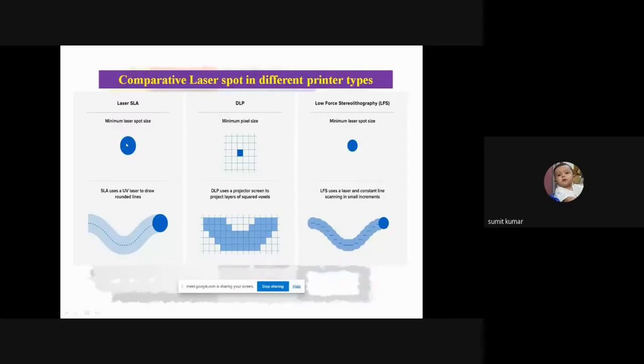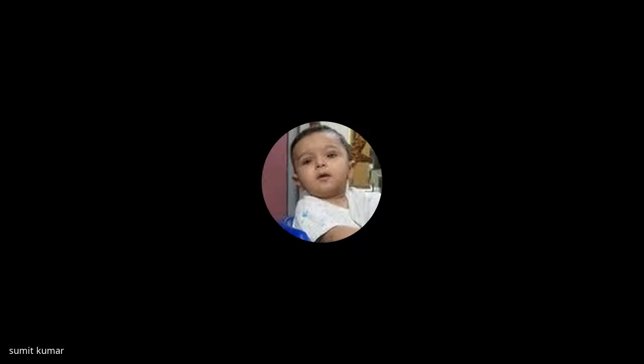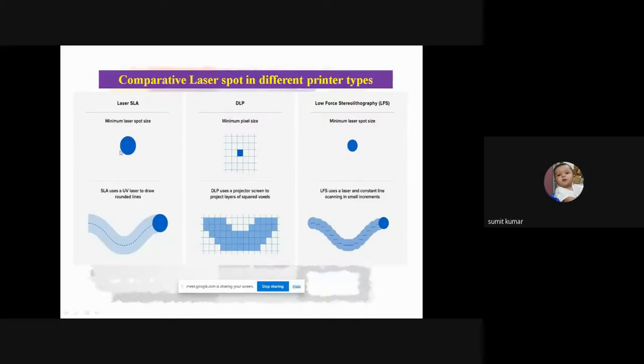The reduction in the size of the laser beam gives us a better and more detailed curing of the resin. So a minimum layer with more detail can be obtained using the LFS, but this technology is with the Formlab 3 printer.